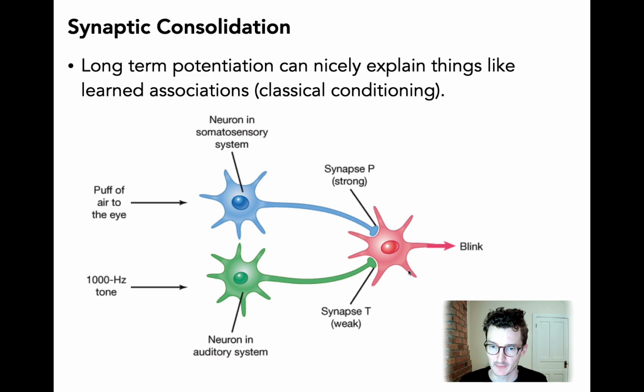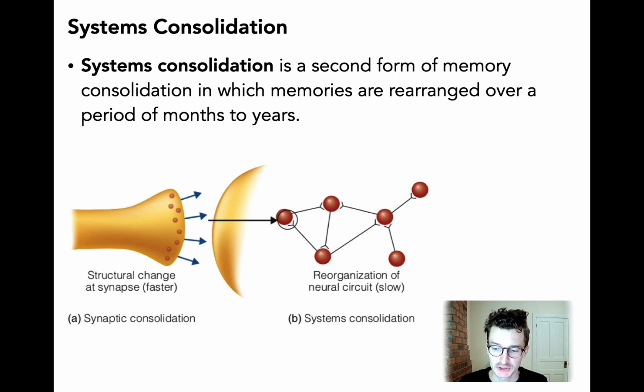What's nice about Hebb's rule is that it explains at the level of neurons how learning and memory occurs. There are very few behaviors that we can explain at the level of neural firing. So it's a very powerful idea. So synaptic consolidation consists of changes at the synapse, strengthening of synapses. Systems consolidation is more concerned with how memories are reorganized in the brain, how memories change over time.